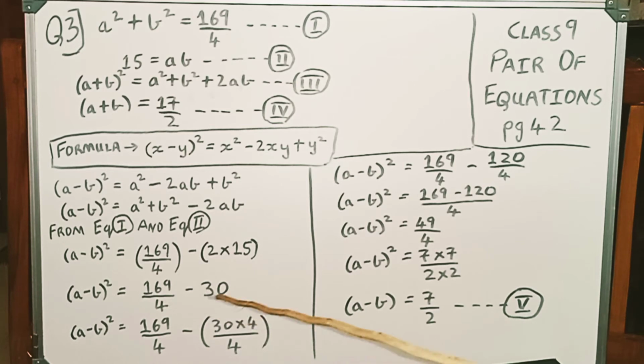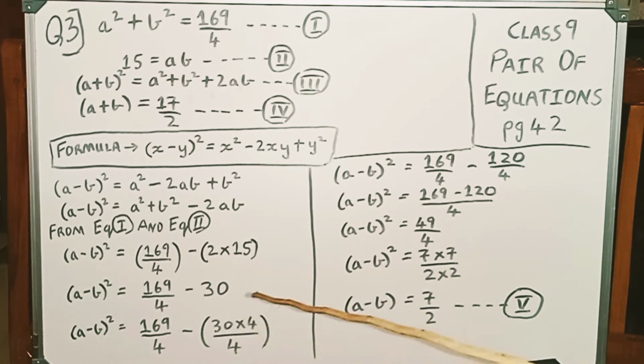You can see we will not be able to convert this directly. So previously also we had multiplied and divided by 4. Why? Because if you cancel, numerator 4 and denominator 4, you will get the same answer. And why 4? Because we want this denominator to be 4. So this 30 can be multiplied and divided by 4.